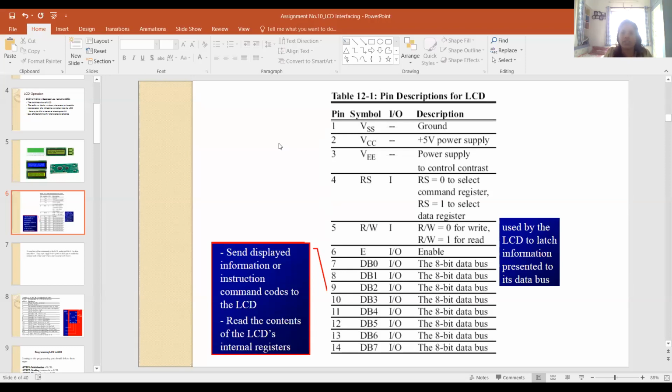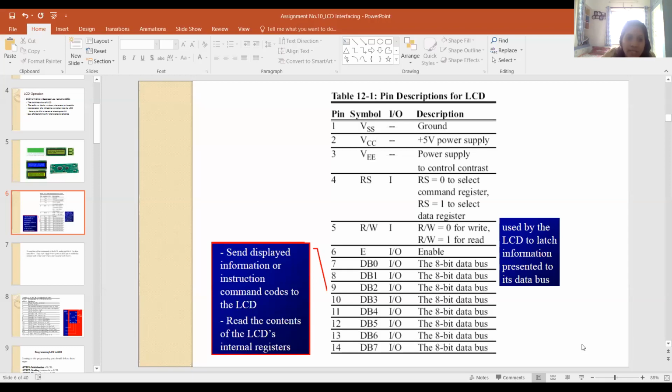Now basically what is the thing with the LCD program? In the LCD program there are mainly 3 parts. One is the initialization of your LCD. Second is the configuration of your LCD panel. And the third one is sending data to your LCD panel. Are you all getting the 3 main important parts of your LCD program? I will tell you the configuration of these pins afterwards.